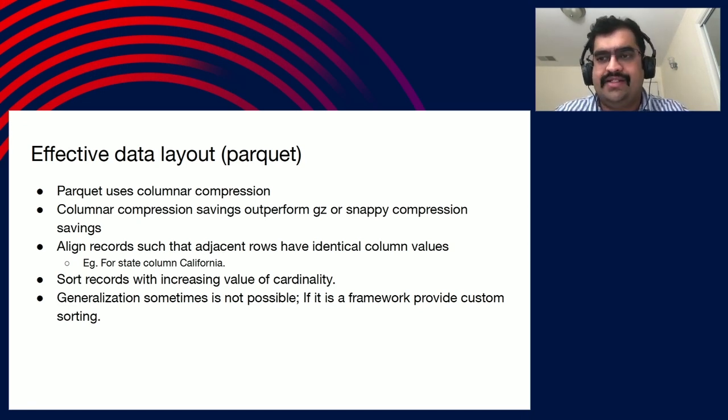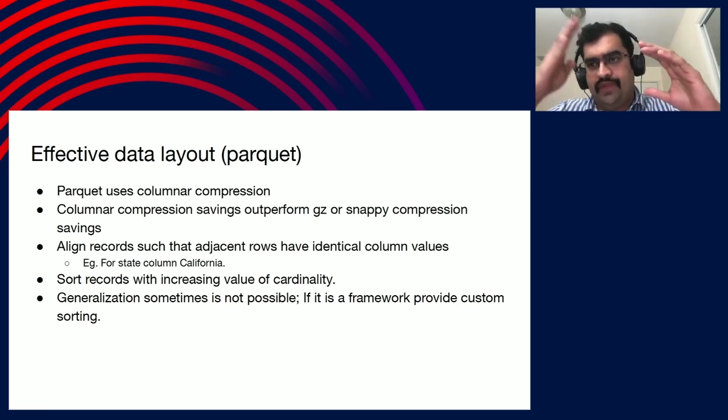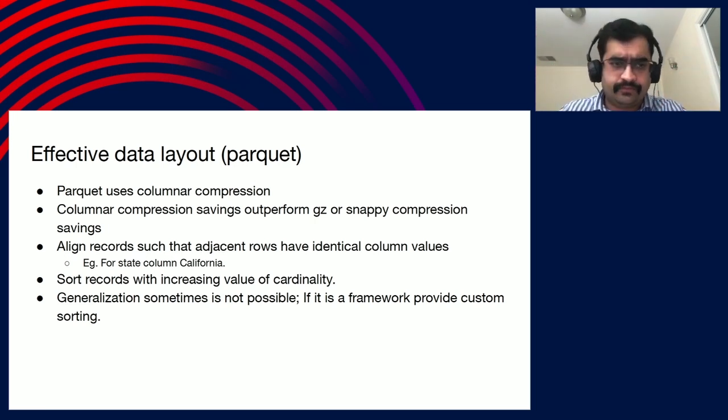What that means is, let's say you have 100 rows which you are trying to store in Parquet, and every row has 4 columns. Then the way the data is stored in Parquet is, for all 100 rows, column 1 data will be written first, followed by column 2's data for all 100 rows, then column 3, and then column 4.